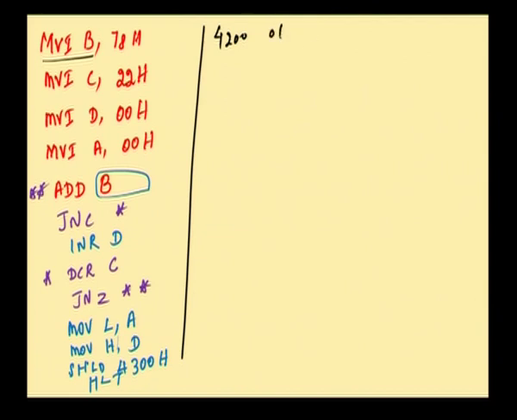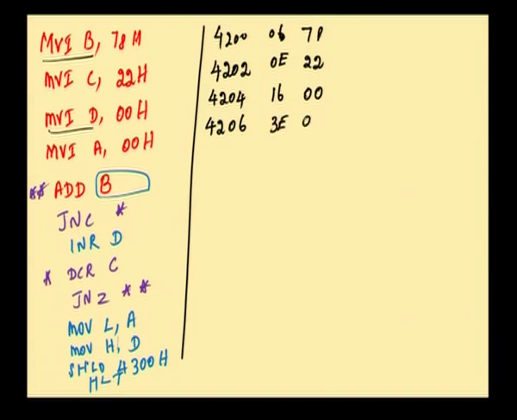MVI B is 06, then data is 78, then 4202, MVI C which is 0E 22, then 4204, opcode for MVI D is 16, the operand is 00, then next address 4206, MVI A 3E 00, then 4208, ADD B 80, then jump on no carry, right, 4209, jump on no carry is C2, then leave 3